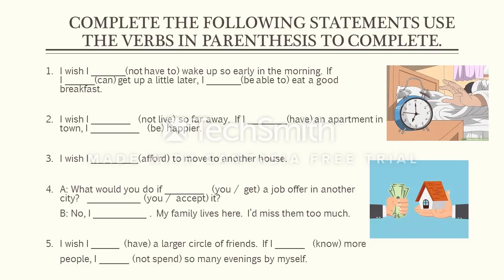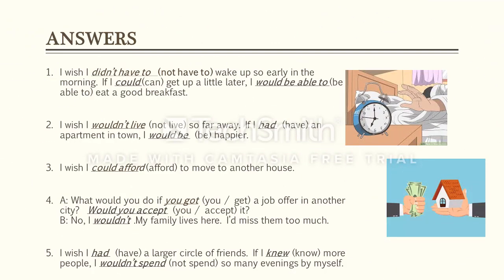So what would the answer be? The first one, I wish I didn't have to wake up so early. Remember, with wish, I use the past tense. So the past here would be didn't, okay, and it's negative. Then you have the conditional. If I could, okay, I use the could or would, in this case is could. If I could get up a little later, I would be able to eat a good breakfast. Okay, so you can see there the use of the structures that we studied. All right,